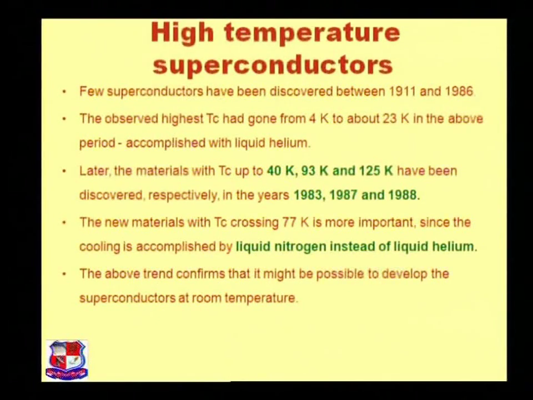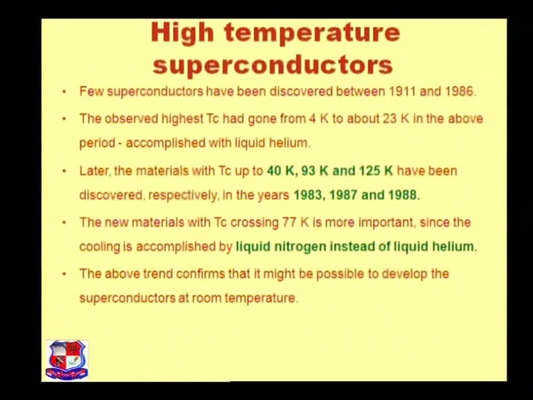Now the second part is high temperature superconductivity. This was low temperature superconductivity, and the second part is high temperature superconductivity. Few superconductors were discovered between 1911 and 1986. The observed highest Tc had gone from 4 Kelvin to about 23 Kelvin in the above period, accomplished with